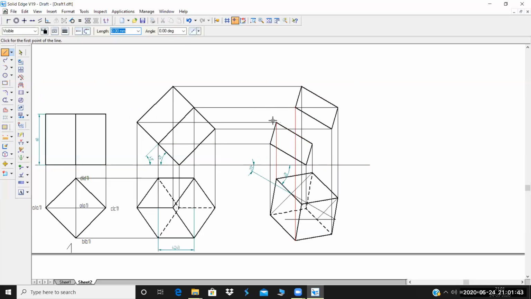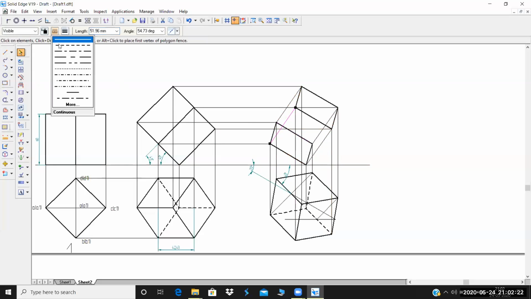Now coming back to which one is continuous line and which one is dashed line. See here, we are only considering the bottom face. When I join this point to this point, it is not cutting any of the faces here, the bottom face. When I join this particular point from here to here, this is also not cutting the bottom face. These lines are not cutting any edge of this one. But when I join this particular line here, you can see that this line is cutting this edge. So thereby this particular line becomes a dashed line.